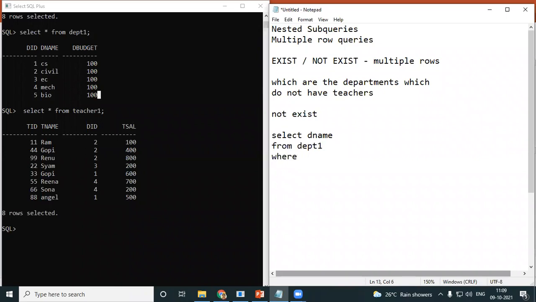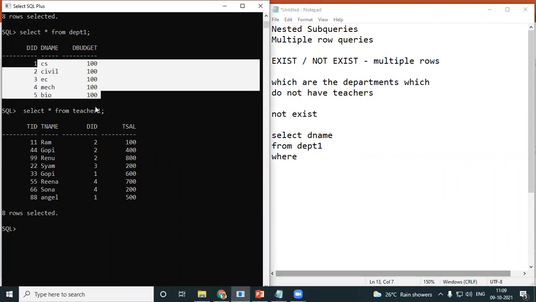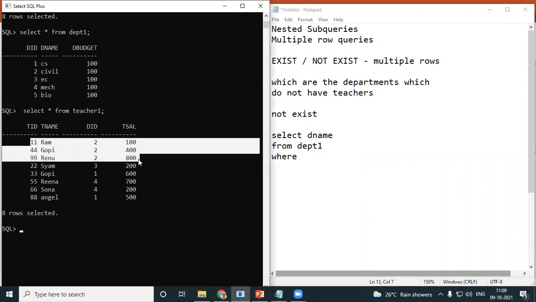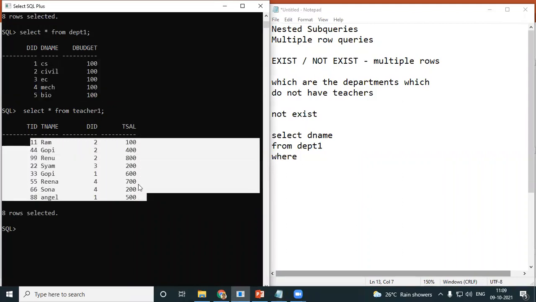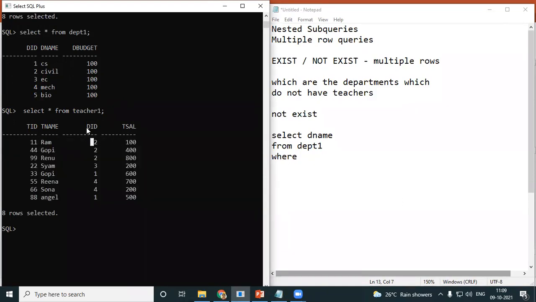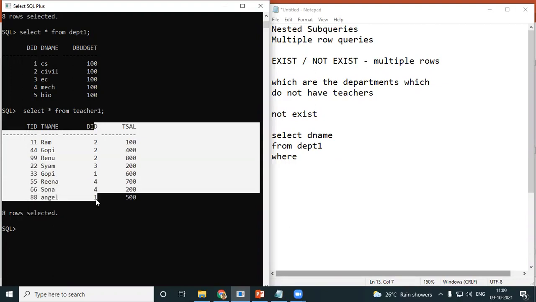And you have to give a condition. Now, look here. You get the department name from your first table, and in your second table, you have to find out this particular field. Take this particular column, DID, and you have to find out which DID do not exist over here. Okay, so WHERE NOT EXISTS.